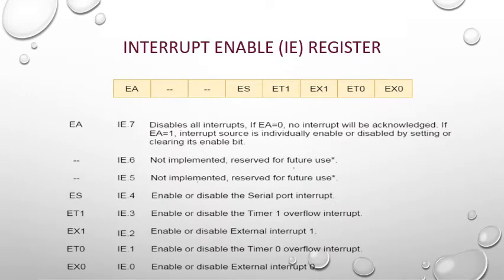Let us now discuss the interrupt enable register. The interrupt enable register, that is the IE register, is used for enabling and disabling the interrupts. This is a bit addressable register in which the EA bit must be set to 1 for enabling interrupts. The individual bits in this register enable the particular interrupts like timer, serial and external inputs. Considering the IE register below, bits set to 1 activate the interrupt and 0 disables the interrupt.